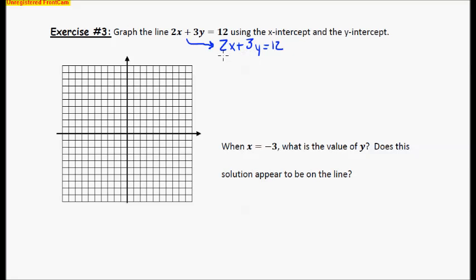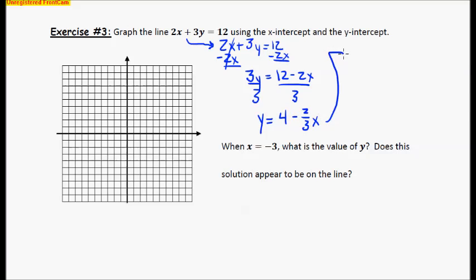If I want to solve for y, I need to take this 2x and move it to the other side of the equation. All right, so this is going to go away. I have 3y equals 12 minus 2x. And then I'm going to divide by 3. All right, really nothing different than what we did before. So y equals 12 divided by 3 is 4. And negative 2 over 3, well, that's going to be a fraction. I'm just going to leave it as a fraction because that's not going to come out as a very nice